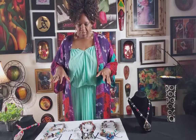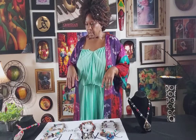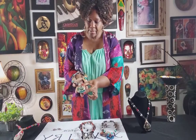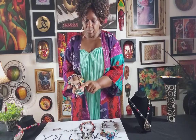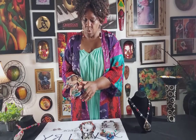I wanted to present a couple of my boho inspired statement necklace sets today. And just for the sake of time, we're going to boogie right on into this, and we'll start with the agate slice statement piece. This one is a 3x3 agate slice, and it's covered with 18 gauge gold tone wire